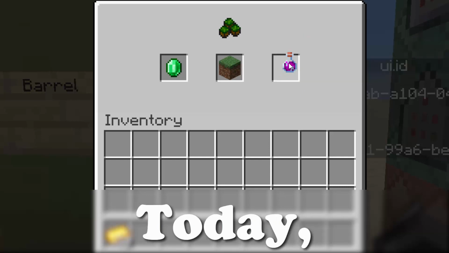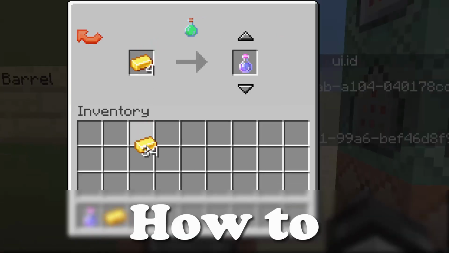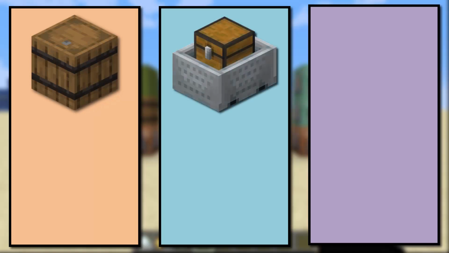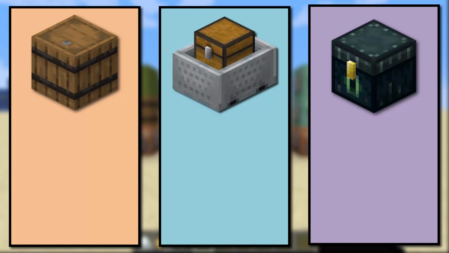Hey guys, Cloud here, and today we will be covering how to add custom UI such as this one in-game. So the first thing you have to do when adding custom UI is decide what kind of input method you need for this. There are three main methods used. There is a barrel or chest, a chest minecart, and an ender chest, and each have their unique advantages and